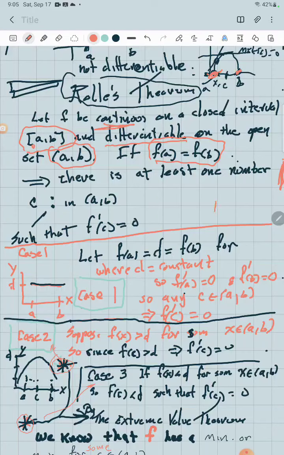You could have it something like this. So you have a graph like this, and as long as this value is equal to this value here, that's where f of a would equal f of b. If that's the condition, then we can use Rolle's theorem. This arrow in mathematics means then. Then there is at least one number c, and these colons mean such that,